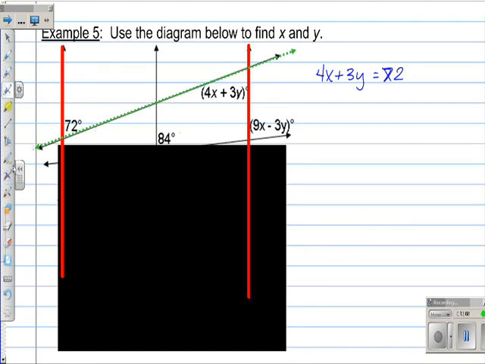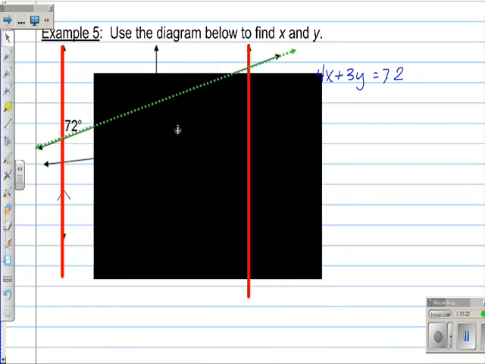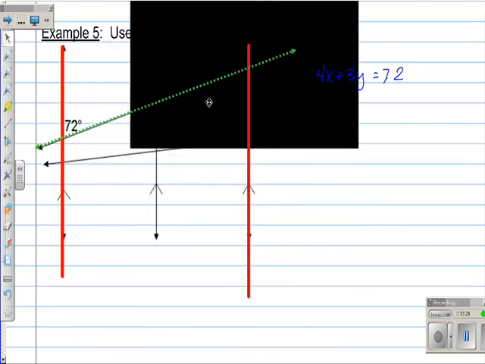It should be a 7. Let me fix that. Now, you have 2 variables, however, so you're not going to be able to solve that one just in one step. So from here, we also want to look at the other relationship we know, which we can see